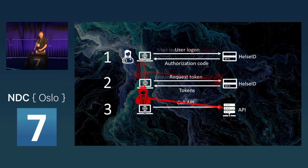But we have other attackers. Let's move the attacker one step down. After the client software has received this access token, and remember, the access token tells who the user is, it tells who the software is, it tells what they're allowed to do. If we have an attacker that steals this token somehow,